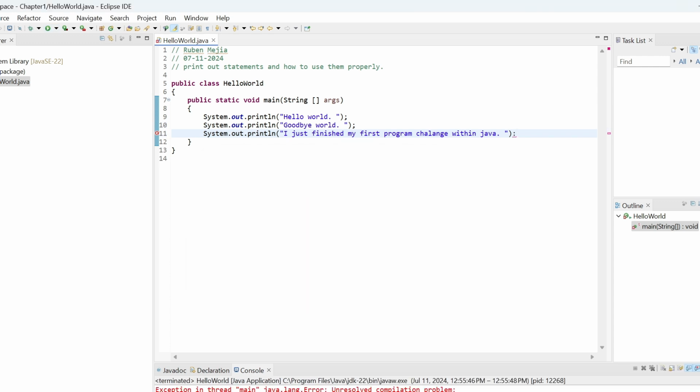Just like I said, see how I didn't do a semicolon properly? Okay, so we're gonna go ahead and just hit semicolon. Perfect. Okay, this is just gonna be for printout statements. If you want to learn about different printout statements, different print methods,